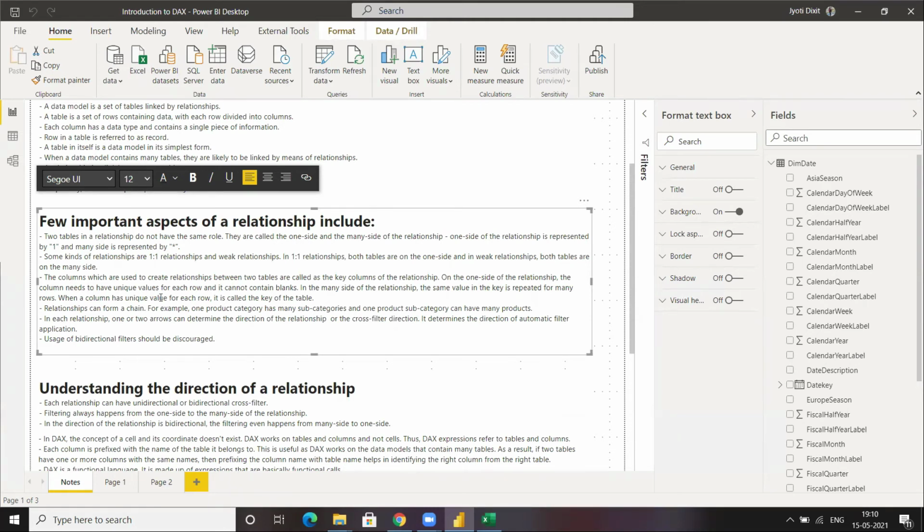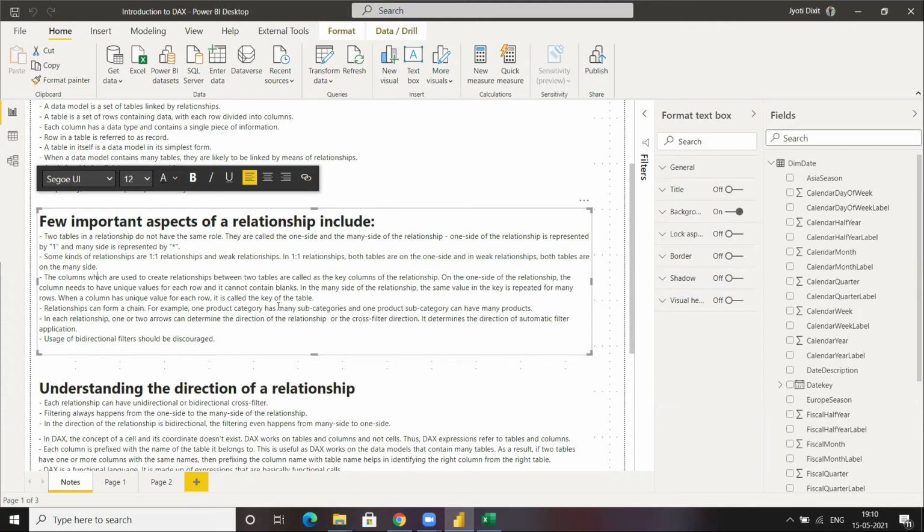The columns which are used to create relationships between two tables are called the key columns of the relationship, which I just told you. On the one side of the relationship, the column needs to have unique values for each row, and it cannot contain blanks.